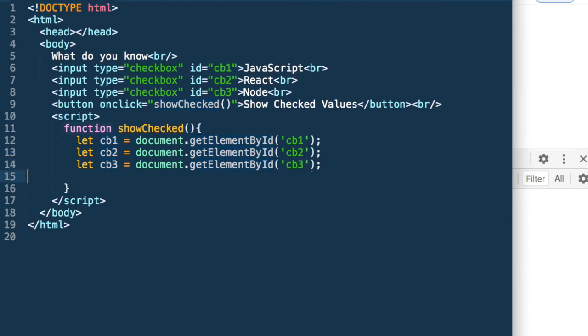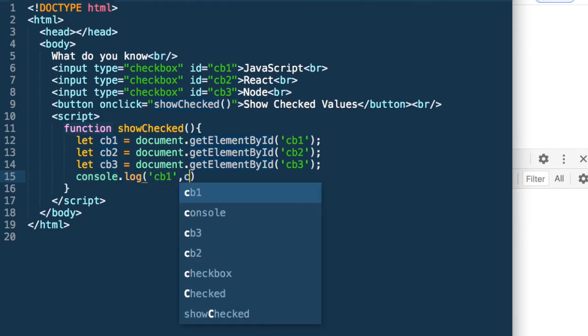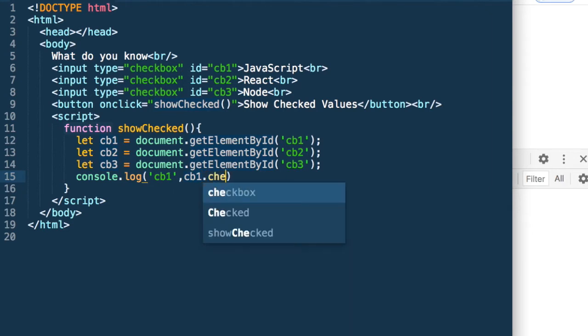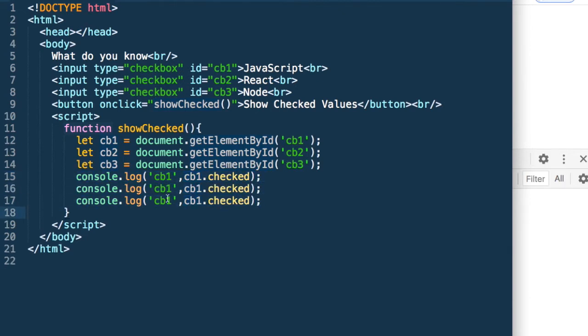Now what are the values? We can get whether a checkbox is checked or not by using checked. So we can say console.log CB1, CB1.checked. Similarly, we can do it for CB2 and CB3.